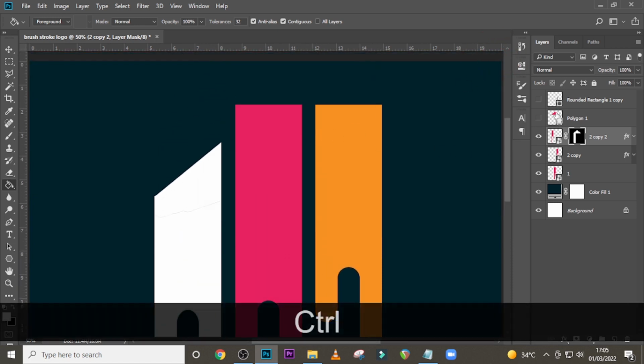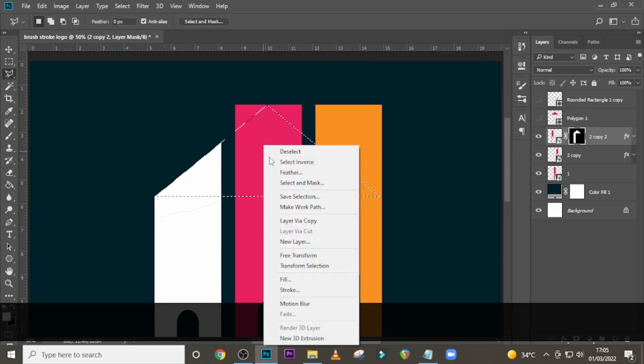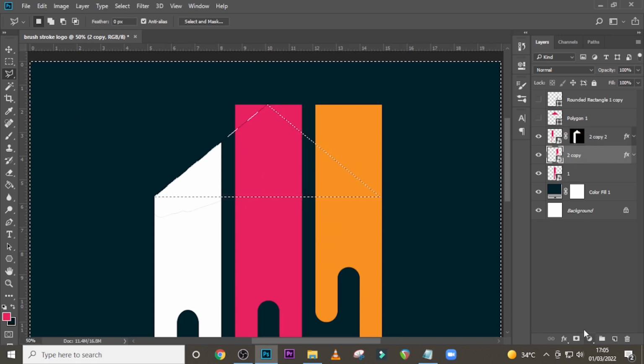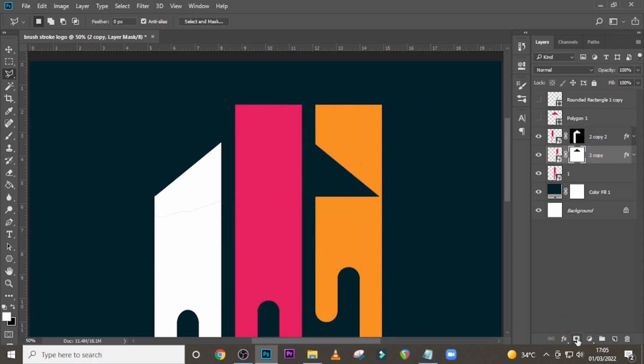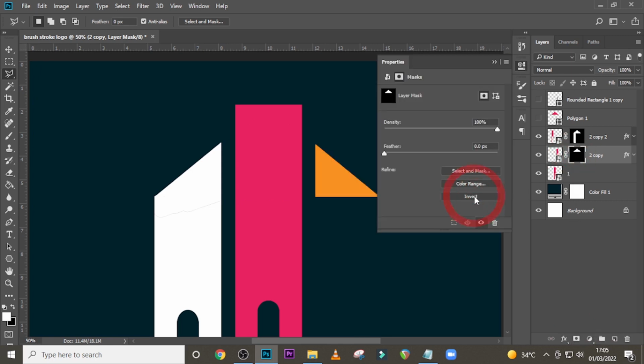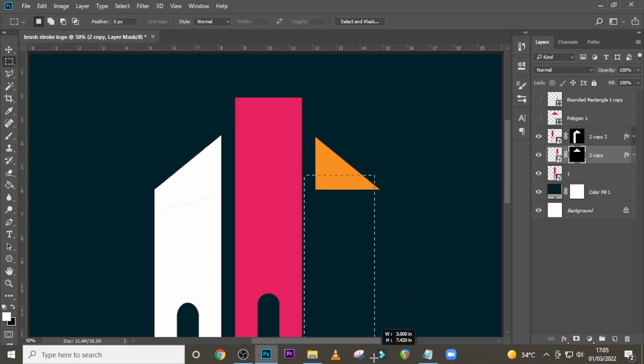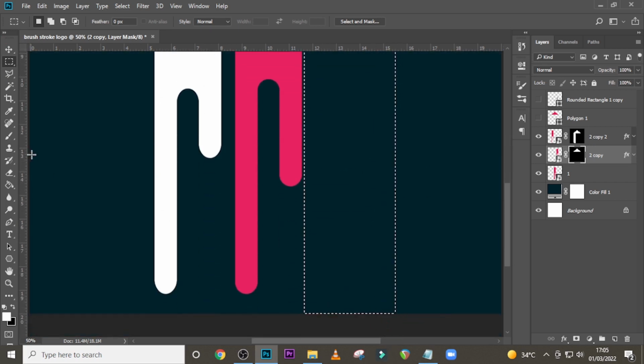Same thing, I'll click here and then click on L for my lasso tool, right click it and then select inverse and make sure this is selected. I'll give it a mask, and then I would double click here and give here inverse. The same process. I'll pick this, select here and then drag it down like that. Then I'll make sure I click on the mask. I'll pick my paint, set it to color white, and then 100%, and then paint there,